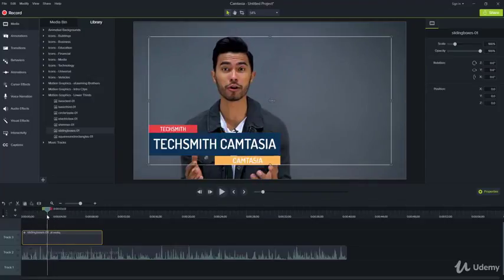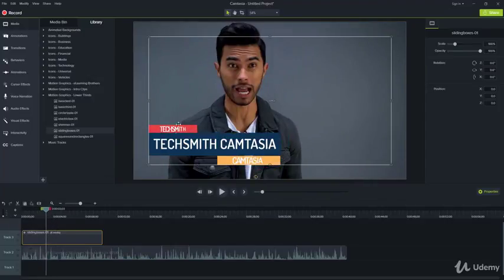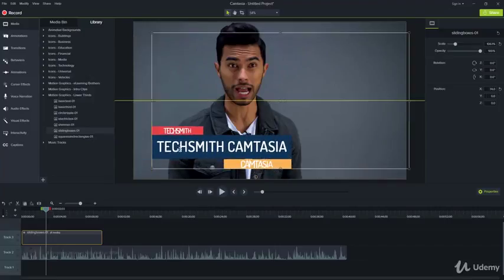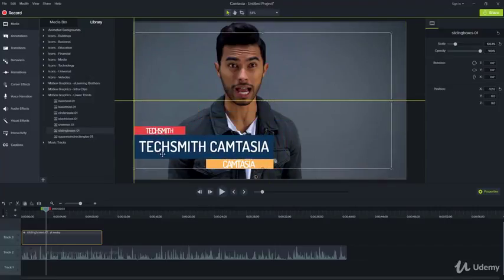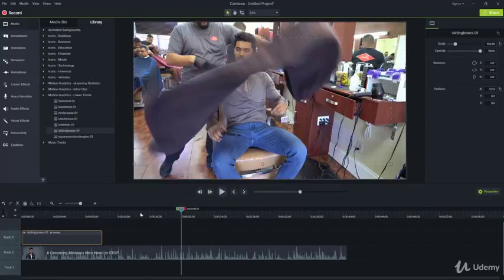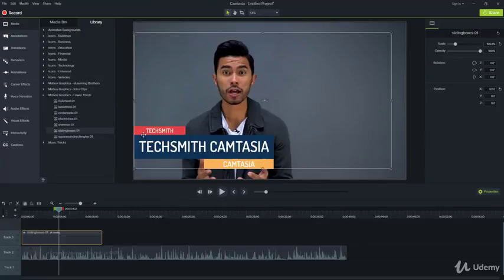Alright, and here it is. Now to set this up, simply scratch it and set it anywhere you want. And I just simply set it here. Alright. Now by default here you see the text is TechSmith, Camtasia and Camtasia. To change this text,